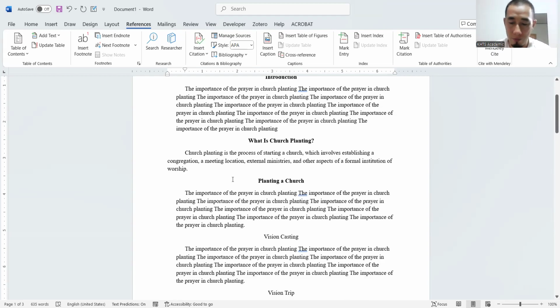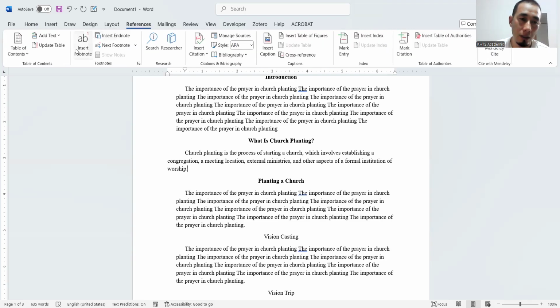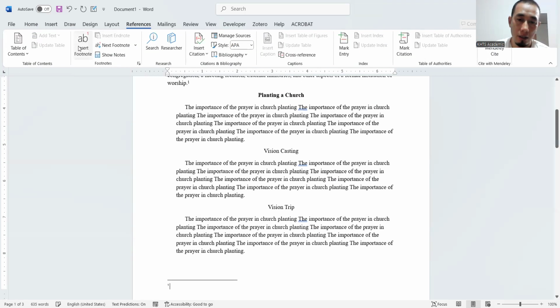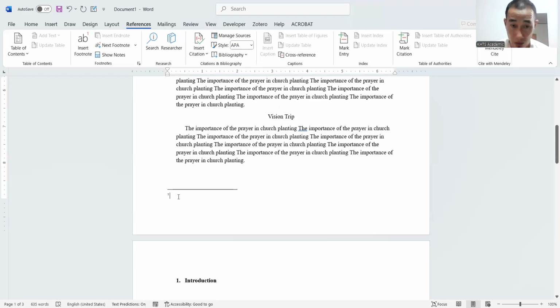Then we have to put a footnote. How to put the footnote? Usually in Microsoft Word, Home is what opens by default. Now you go to the reference. Reference is towards the right. Look at this one, and then here, insert footnote. You click there, then the footnote has been inserted, and the footnote will always come automatically once you click there